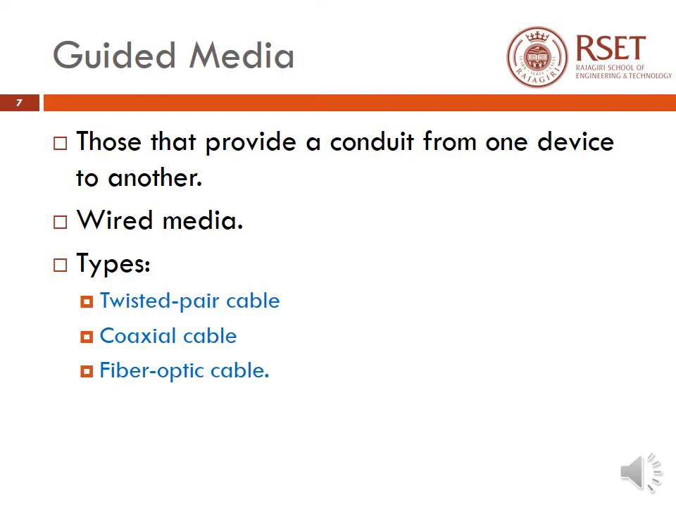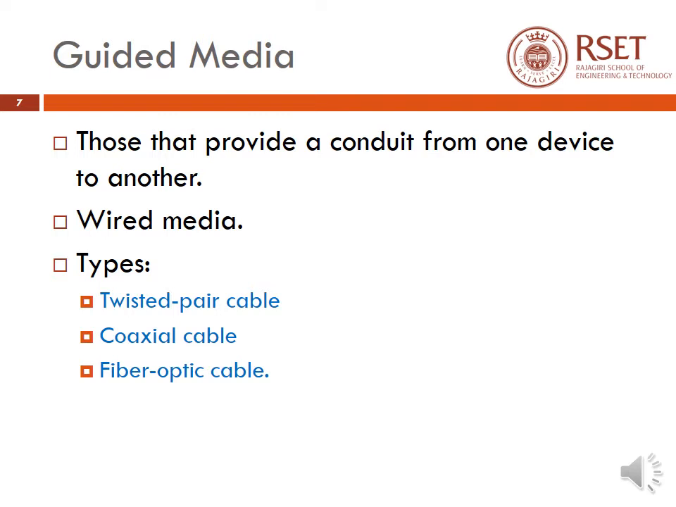First, we will talk about guided media. They are media that can provide a conduit from one device to another, and a signal that is traveling along any of the guided media will always be in a directed form and is contained by the physical limits of the medium that is used. This wired or guided media is of different types. Here we are discussing three of them. First one is twisted pair cable,